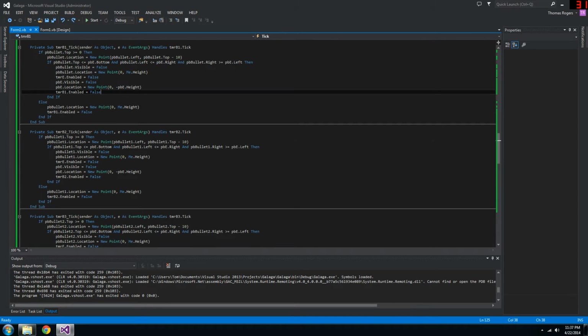Let's see. So if it's not greater than or equal to, while it's greater than or equal to 0. So what that pretty much means is while it's not at the very top of the screen, it moves the bullet up, because 0, 0 is at the top left, so it moves it up 10. This is the collision, this if. So if the bullet,